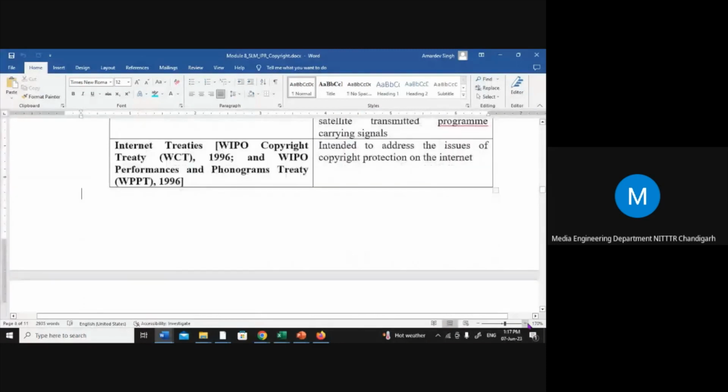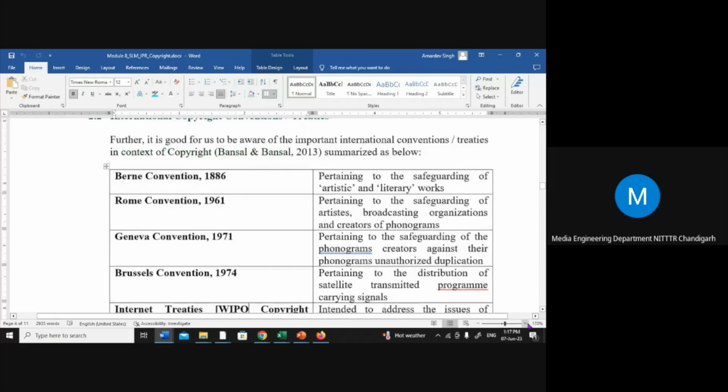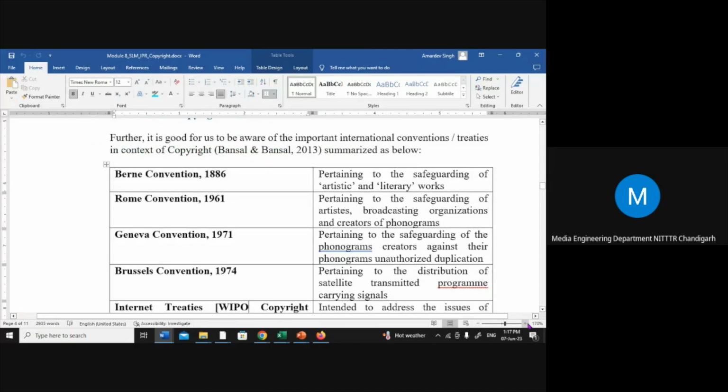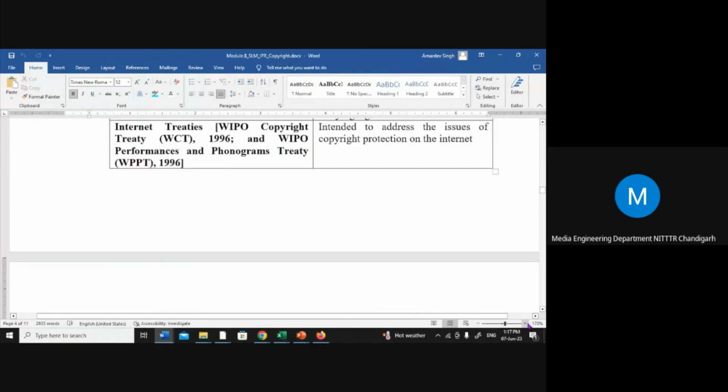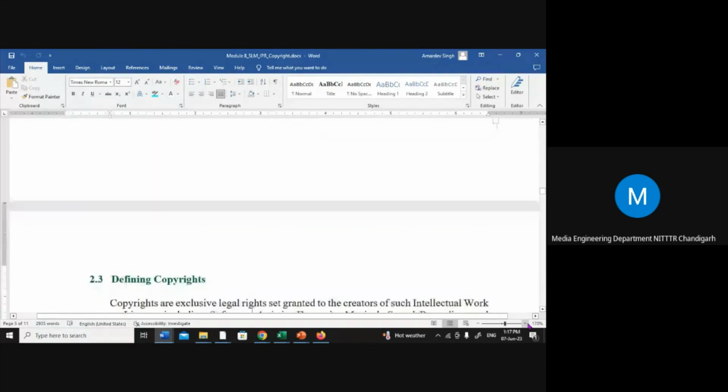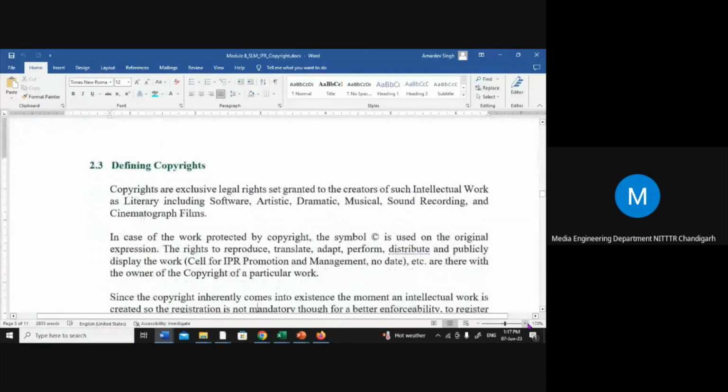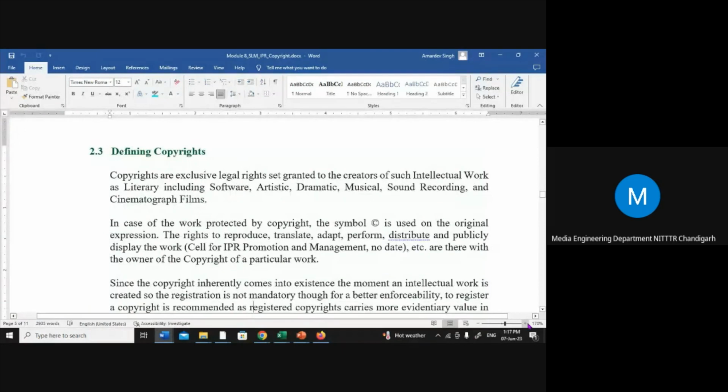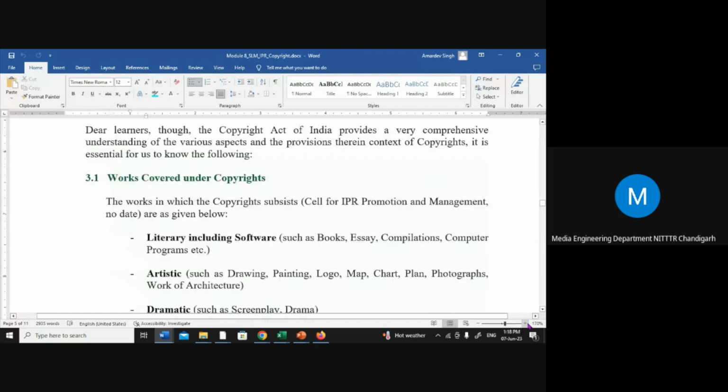These conventions, international copyright treaties, conventions relevant in the context of copyright, sound recordings, and all has also been listed over there. Defining copyrights. A couple of examples I brought in, that I used to take examples in lectures orally, but I wished they also get protected somewhere, dealing with classroom situations. So I put it in over here. Automatically, it became my copyright. Right? Those examples. If somebody has to refer, they have to refer to me indirectly.